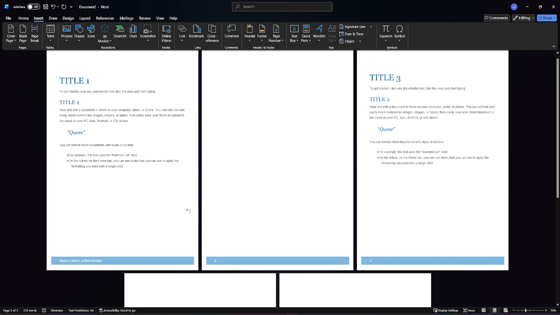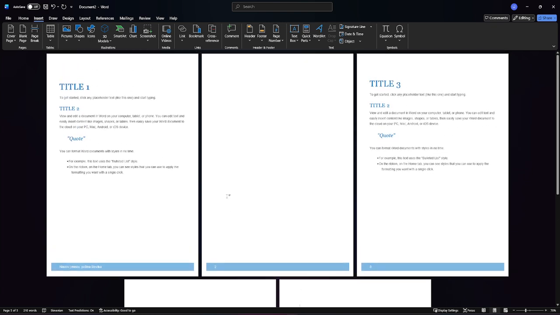So in today's video I want to show you a small but very annoying problem that almost everyone runs into when using Microsoft Word. You finish writing your document, everything looks fine, and then suddenly there's a blank page in the middle or at the end that just won't disappear. Let me show you a few simple ways to get rid of those extra pages and keep your document clean